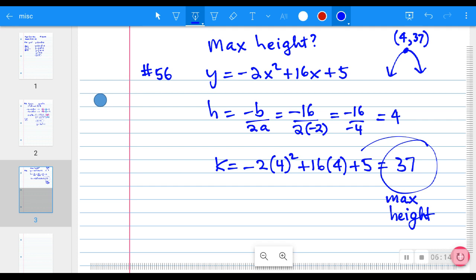But they would actually be looking for the h in that case. But if they just ask for the max or min height, you're going to find the k value. It's not good enough to just list the point, because then you've got too much information and you're basically telling me you don't know which of the two numbers, the 4 or the 37, is the height. All right, so that takes us through